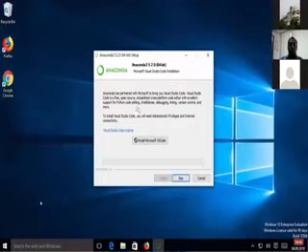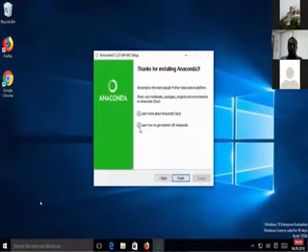On this next window, it says Anaconda has partnered with Microsoft to bring you Visual Studio Code. If you want to install Visual Studio Code on your Windows operating system, you can just click on the button which says install Visual Studio Code. Otherwise, you can skip this option. In my case, I'm going to click on the skip button, uncheck the checkboxes, and now I'm going to click on the finish button.